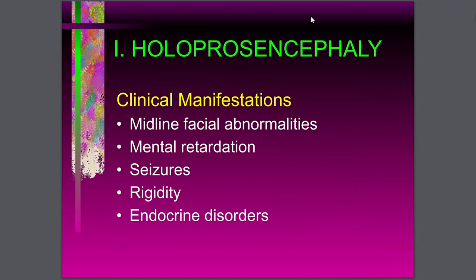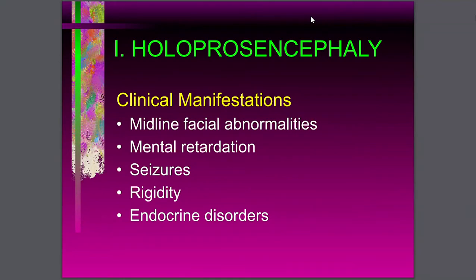closely spaced, the eyebrows are close together, the eyes are closely opposed, there may be a cleft lip, no? The nose has a very flat nasal bridge, no? So there are midline facial deformities. So usually the defect is at the midline. Because there is failure of closure of the anterior midline, no? So that's why you have midline facial abnormalities, because it did not fully develop, it did not close.